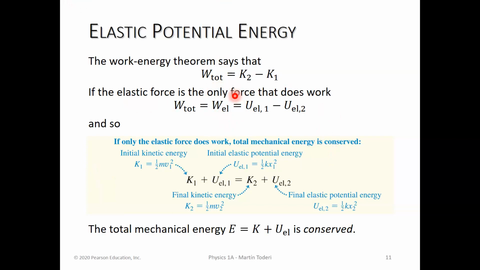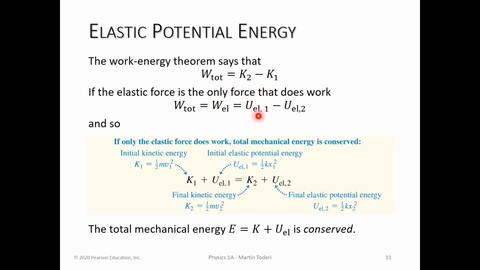Remember, if the weight is pointing down and we are moving on a horizontal line, the weight won't be performing any work. So it doesn't really mean that it's the only force that's acting. There could be other forces that are not performing work, right? So the elastic force is the only force that's performing work,